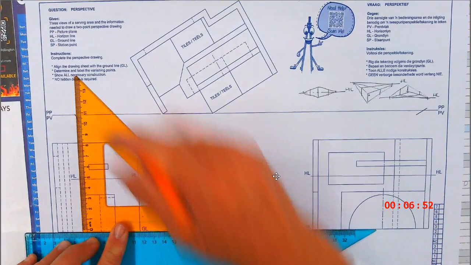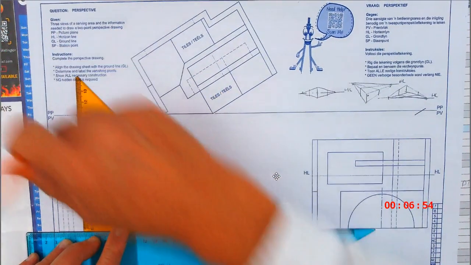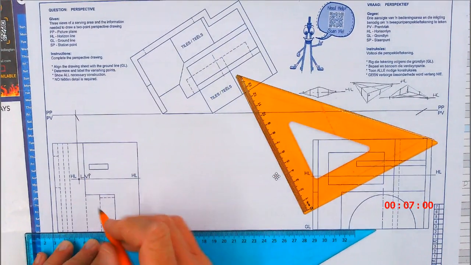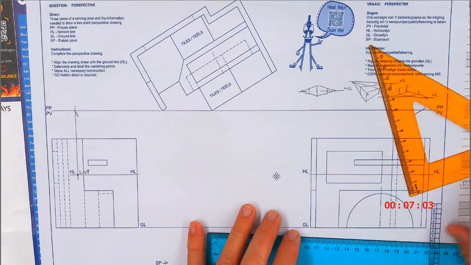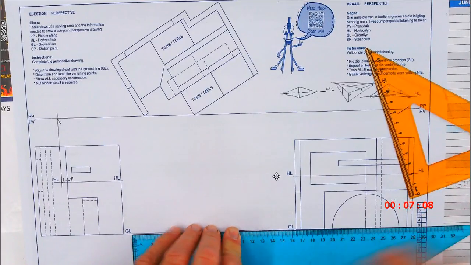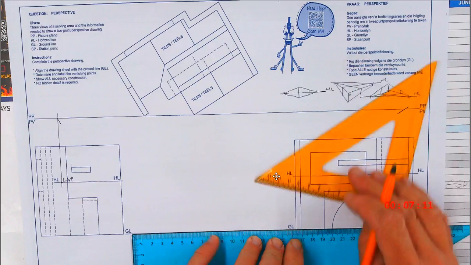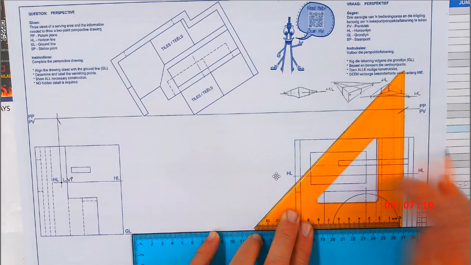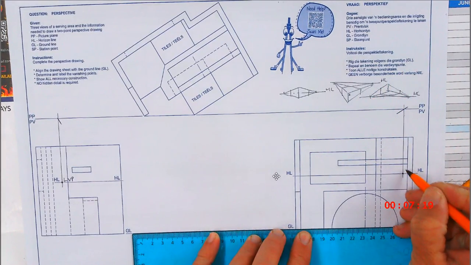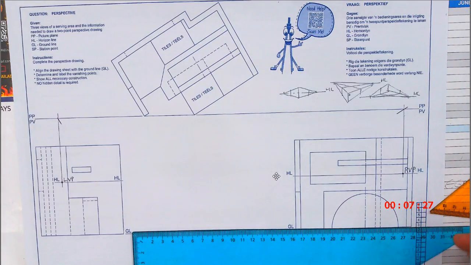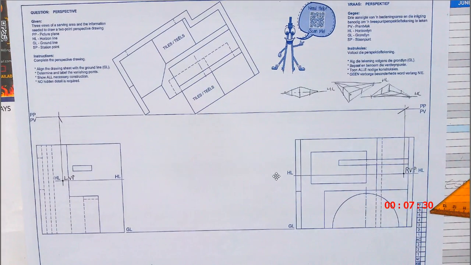Okay, so ek bring daai loodreg af, and you have to do that, and please mark this LVP, left vanishing point, over there. On the other side, we are going to do the same thing, and this one is going to be called the right vanishing point. Okay, so I'm going to bring this perpendicular down, and I'm going to mark this one right vanishing point. Okay, LVP and RVP.